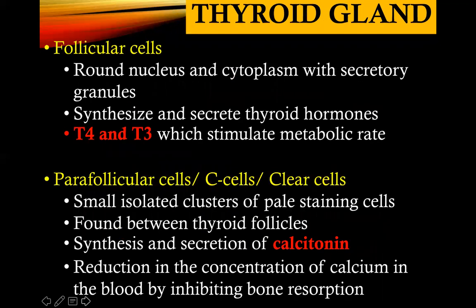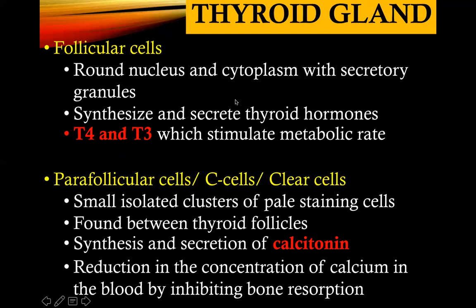Okay, what else? These follicular cells are the parenchyma. They have a round nucleus, and the cytoplasm is filled with secretory granules. They synthesize and secrete thyroid hormones. These are your T3 and T4, your triiodothyronine and your thyroxine. They stimulate metabolic rate. Other than the parenchyma or the follicular cells, there are other cells found in the thyroid